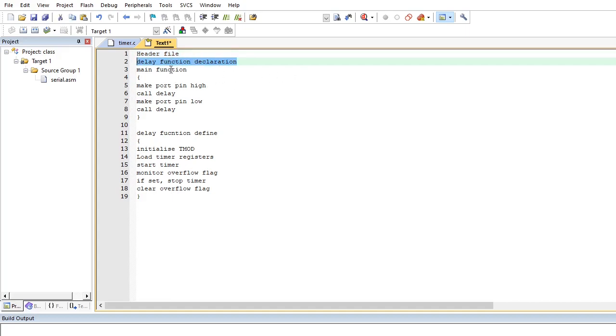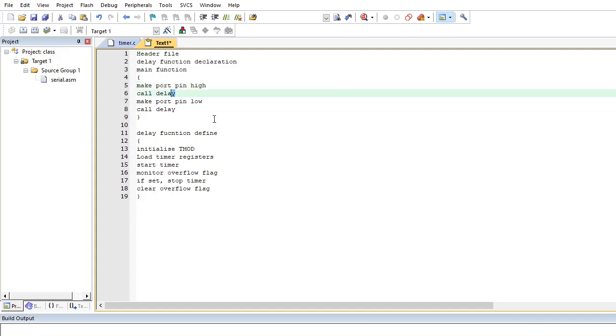So we have to initialize your delay. Okay. And then your main function. Main is void main. Inside your main function, follow the flowchart which we have discussed previously. We have to make a particular pin, in the diagram it is shown, port 1 zeroth pin to be high.